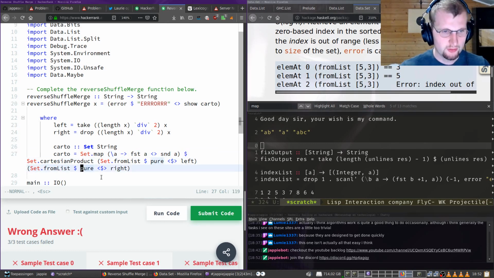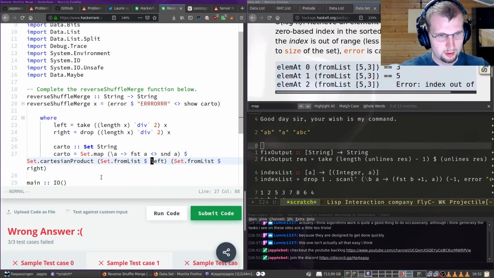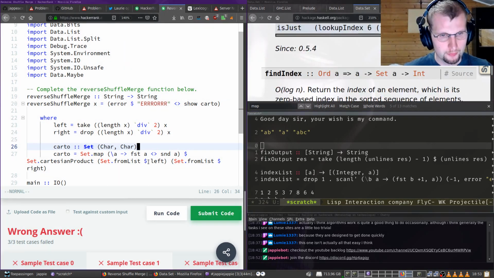I don't think this pure is right because I want to have the power set of the string. The fact that these are characters will be sets of characters. That's fine. No, it will be char, right? Char. That's actually really bad. Not at all what I want. I wanted to have the power set of the string, or not the power set, but the Cartesian product of the string. I think they need to be in